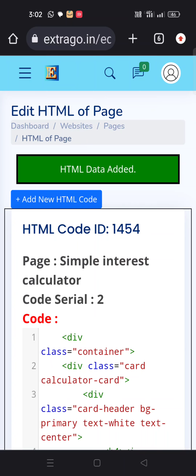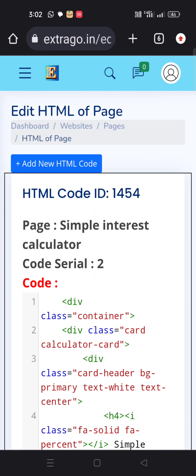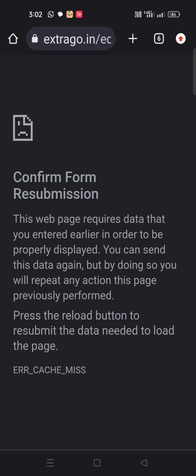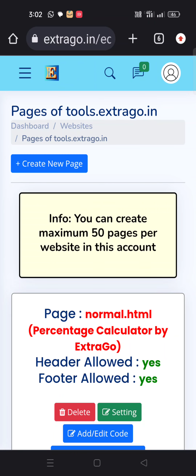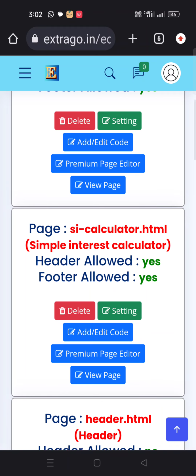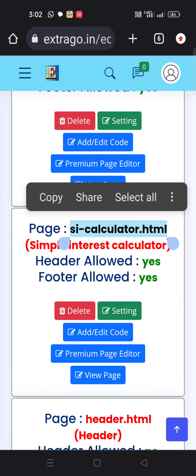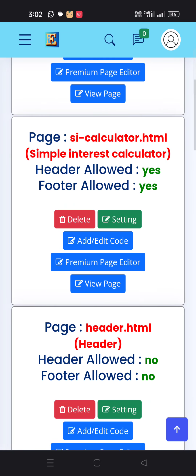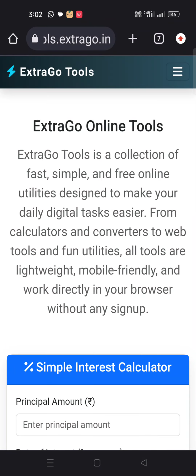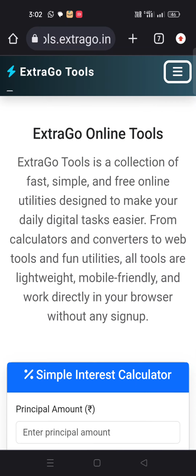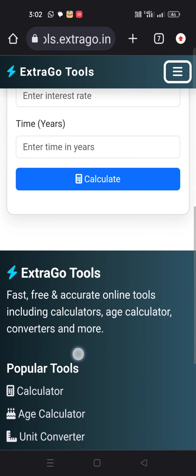Okay, now let's check the output. Go back, and SI calculator.html, this one. I will check the output from the view page option. Yeah, this one, Extrago tools. The header is working properly, footer working properly.